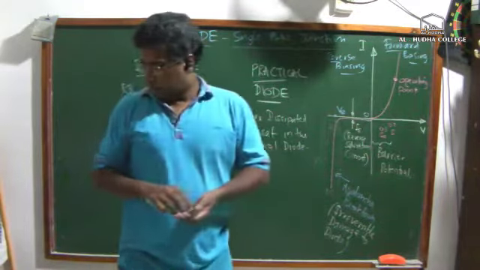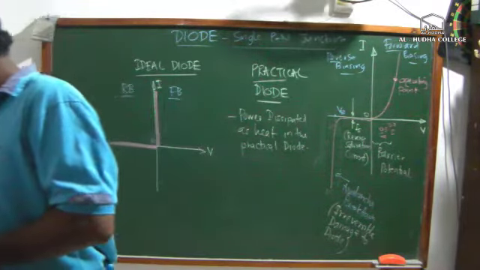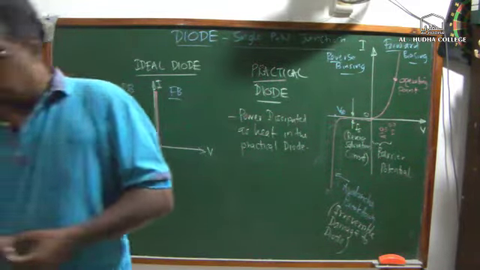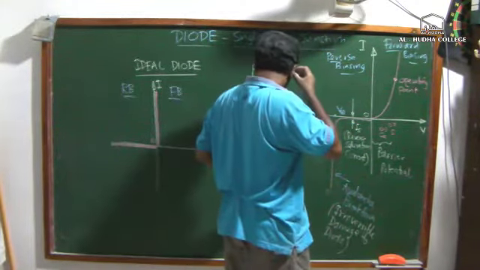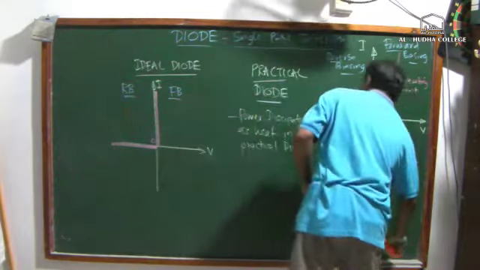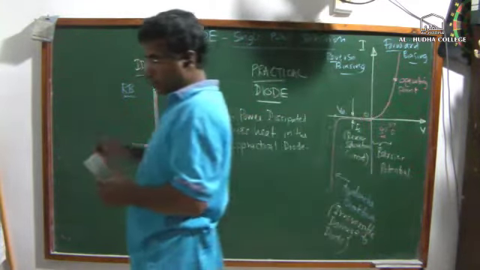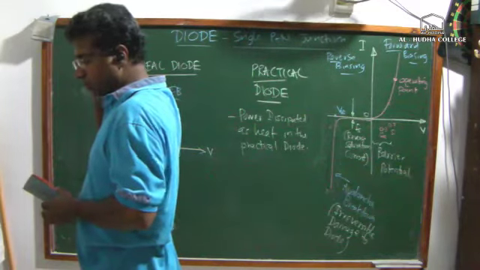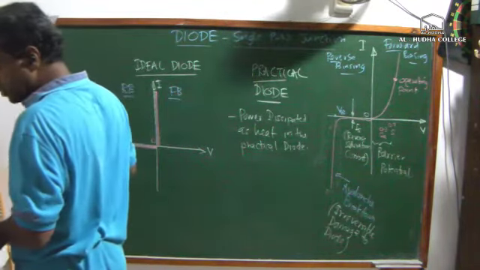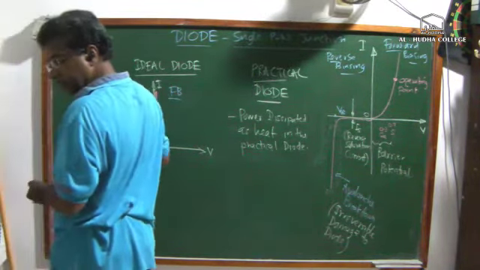Okay, now we will look at how we can obtain this curve in a practical. If you go to your practical book, experiment number 35 is the construction of the IV curve for a forward bias semiconductor diode.